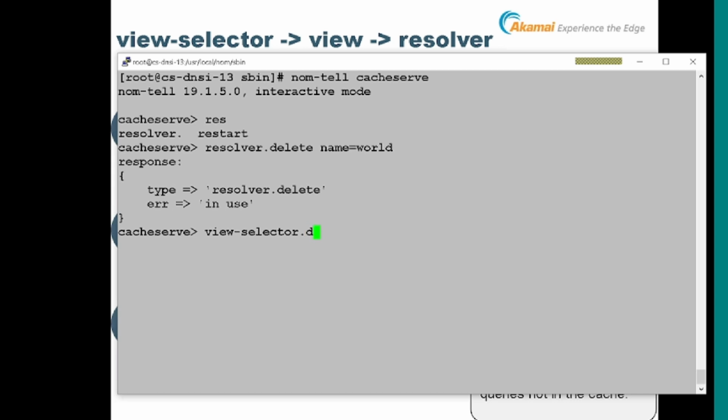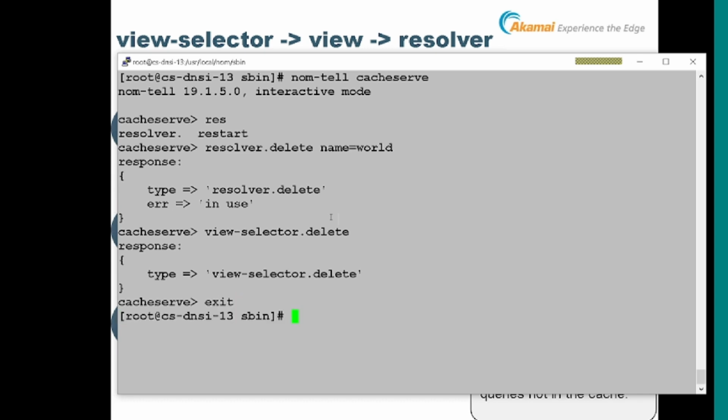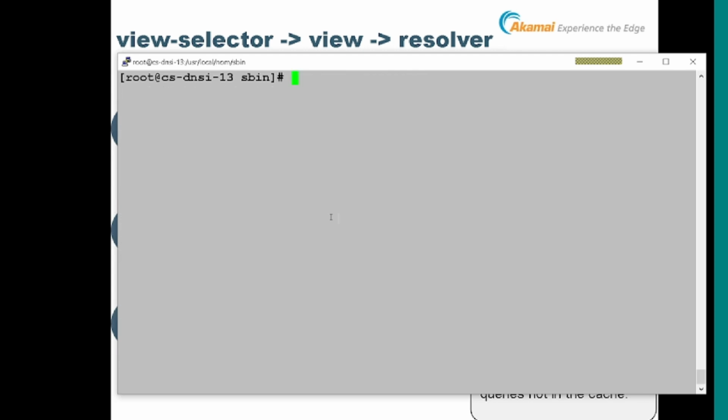So view selector, delete. Magic again, because I didn't even have to give anything that identified the view selector. There is just the one magic one, and now it's gone. So if I do that, then can anybody guess what will happen if I send a request to authServe? So I'm just going to repeat, sorry, to CACHESERVE. I'm going to repeat my request,